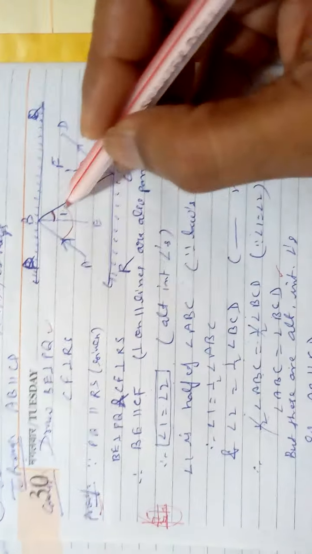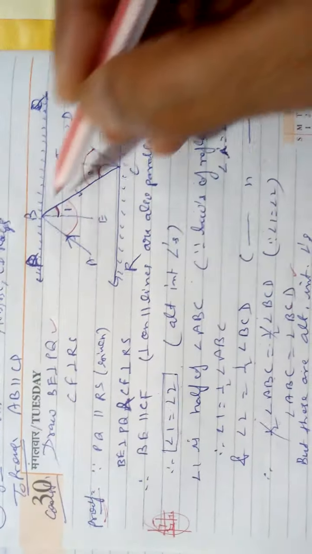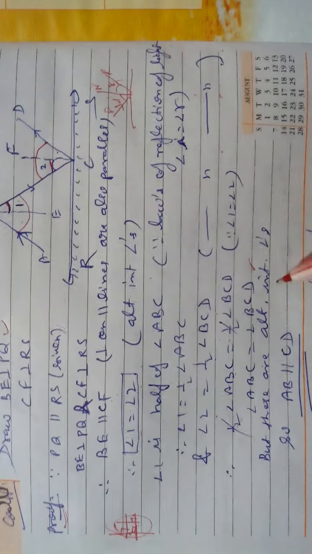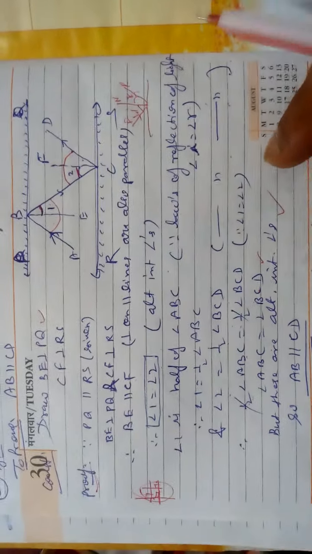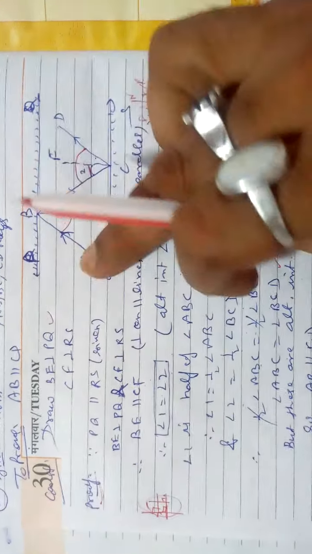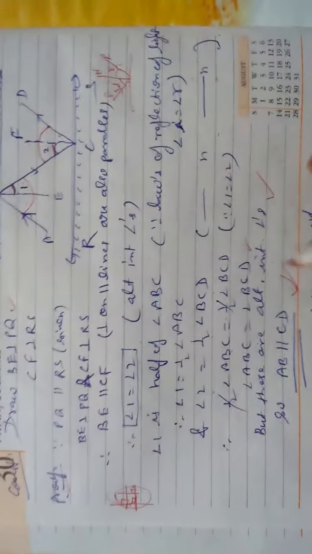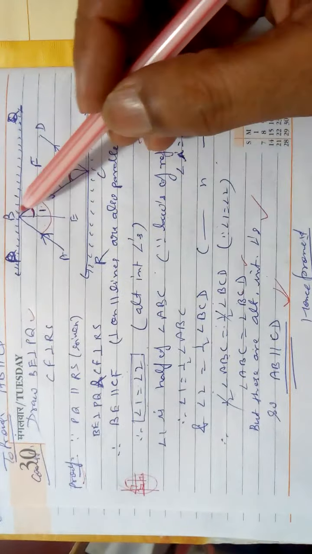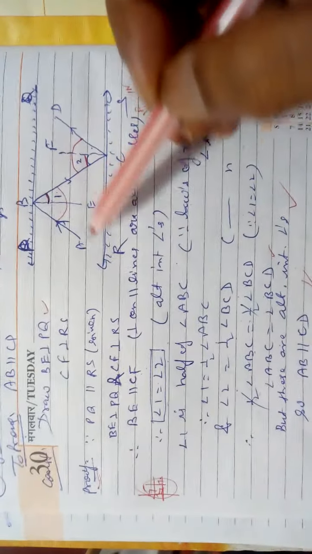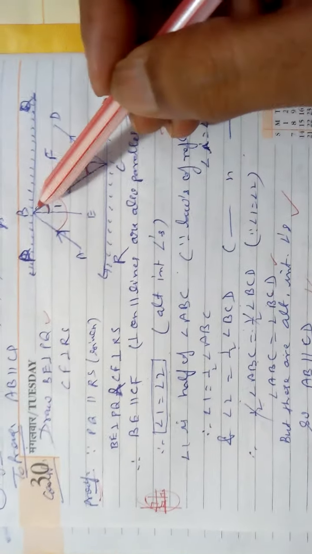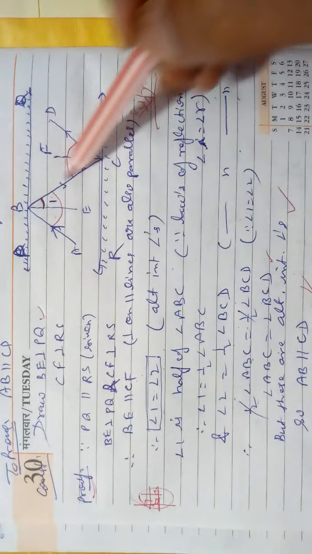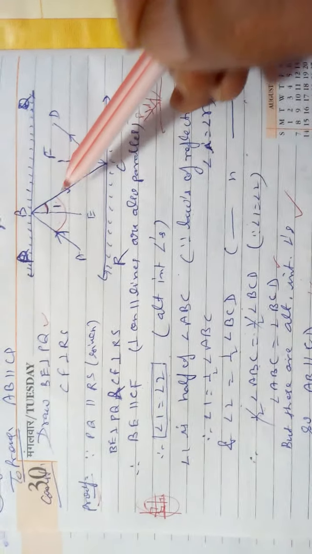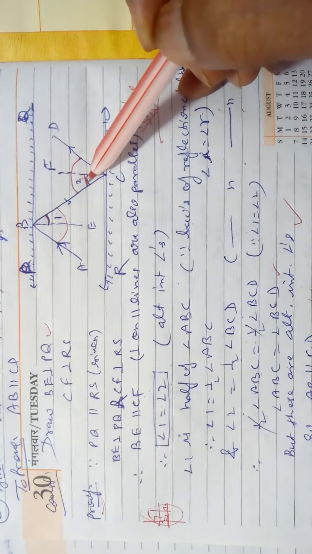By the figure, angle ABC and BCD are forming alternate angles with the line BC. So these are alternate interior angles, and if alternate interior angles are equal, then the lines are parallel, so AB is parallel to CD. Very simple. So easily, first you draw a perpendicular. After the perpendicular, you prove that because the perpendiculars are parallel, BC is a transversal, and the transversal makes two equal alternate interior angles, angle 1 equal to angle 2.